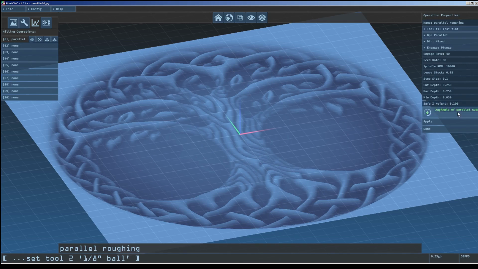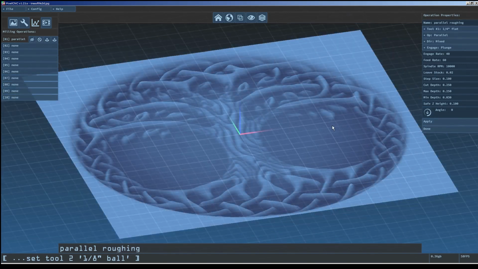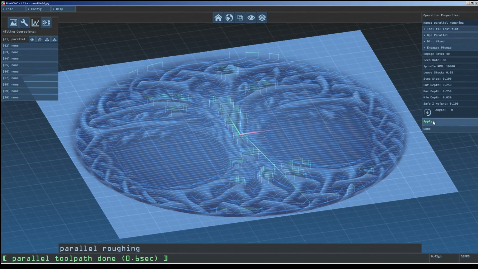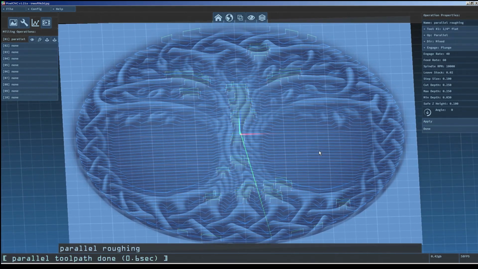The last parallel operation parameter sets the angle of its cut paths. This angle value specifies a clockwise rotation offset. Instead of using a conventional text edit box for typing the desired angle, simply click and drag the angle parameter box up or down. For more precise control over knob values in PixelCNC, hold down the Control key while adjusting. Alternatively, for a faster, more coarse adjustment, hold down the Shift key instead. We're going to keep our angle at 0 for this operation, which means that our cut paths will travel parallel to the x-axis. Having entered all of our parallel roughing operation parameters, clicking Apply will save them into our operation